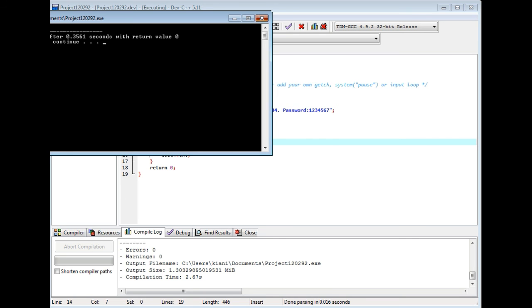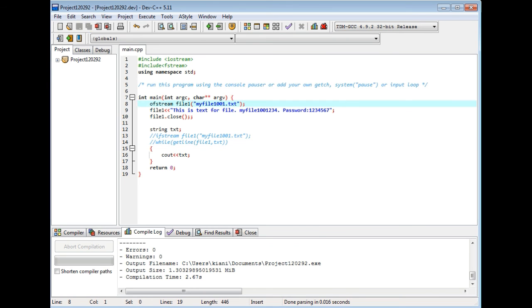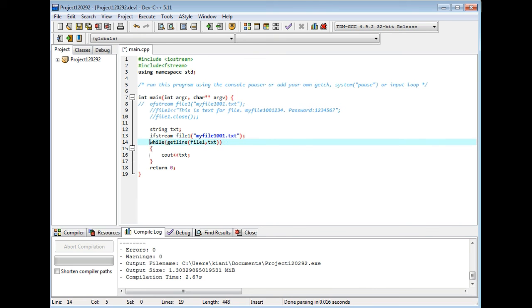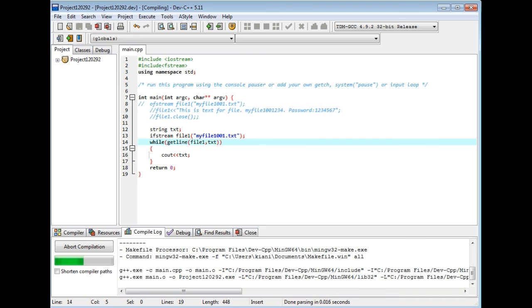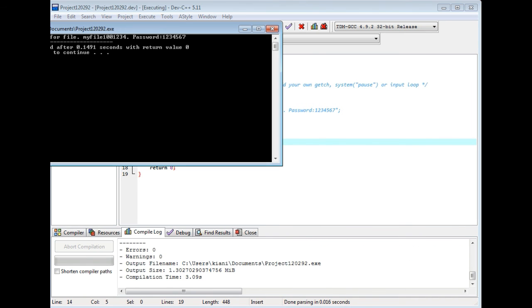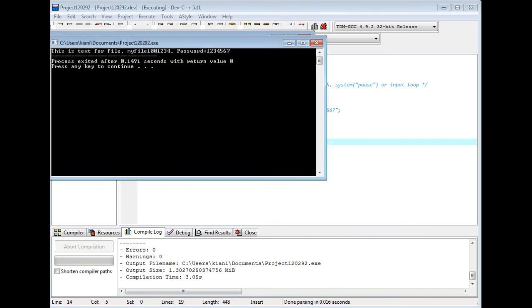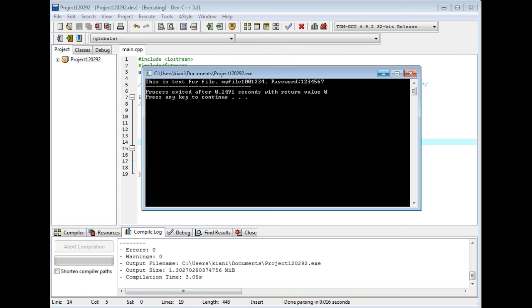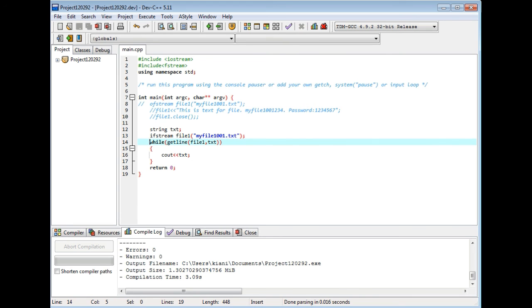Now we should remove these lines and enable these lines. So you see, I have read this file. This is how you declare the files, and there is a try catch block.